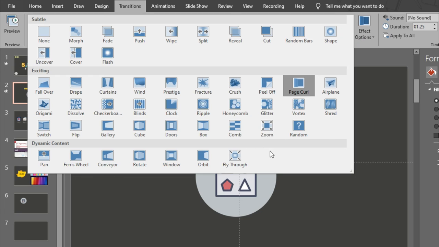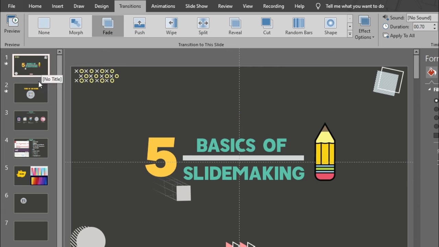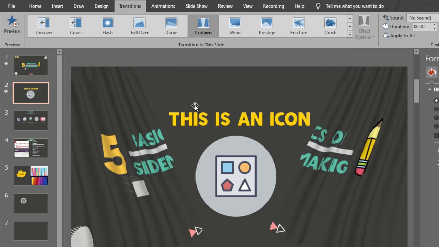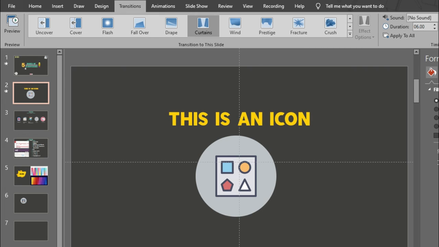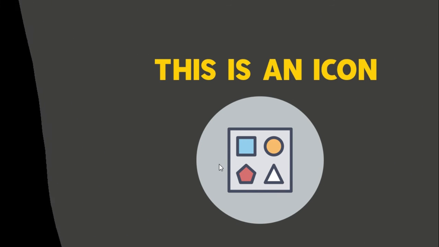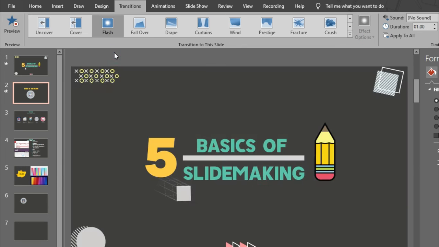So these are some effects you can use in your presentation file, but be careful, because not every transition is suitable for a professional presentation, like when you are presenting on a big screen to a huge audience. It is better to use simple transition effects like Fade and Cut. I'm holding the slideshow. So it is better to use simple transition effects in a PowerPoint presentation.